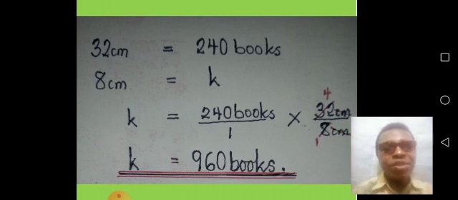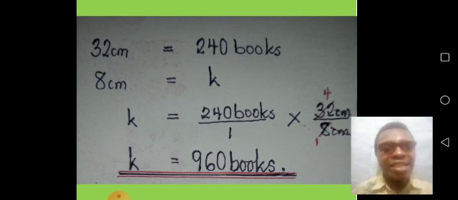So k equals, always write what we have on the right hand side down, that's 240 over 1, then times, take what you have on the left hand side, 32 centimeter over 8 centimeter. The centimeter cuts itself, and then 8 into 8 is 1. 8 into 32 is 4. And so the number of books will be k, which is equal to 4 times 240,